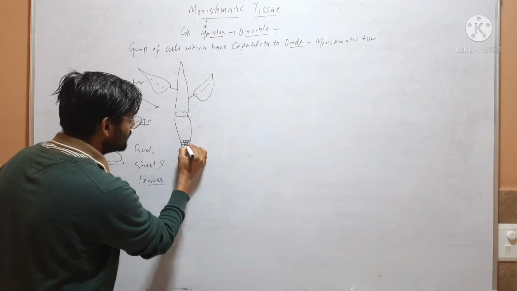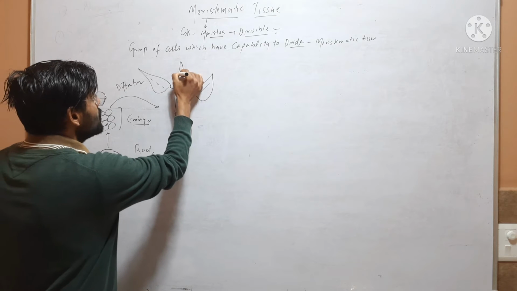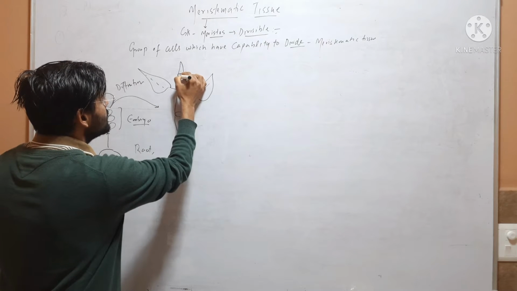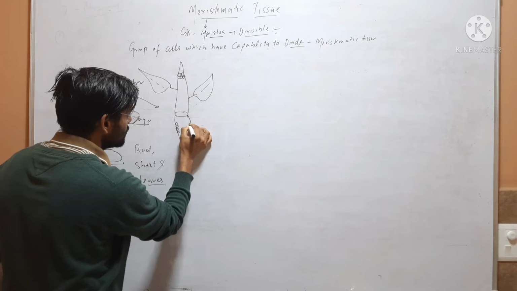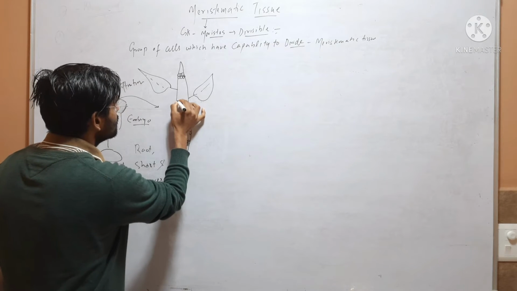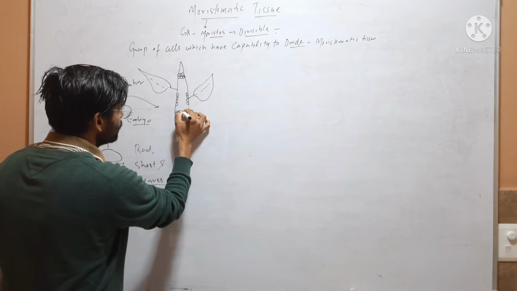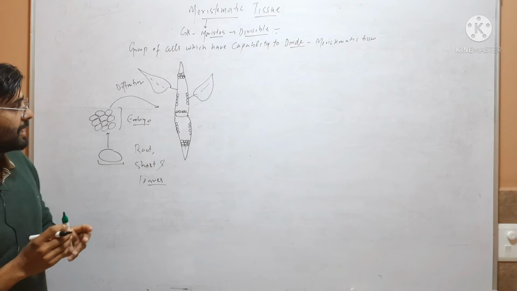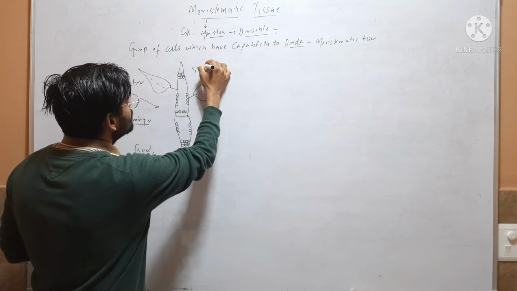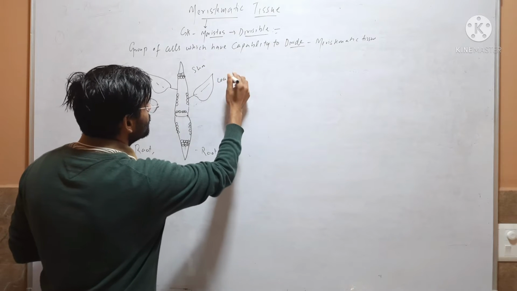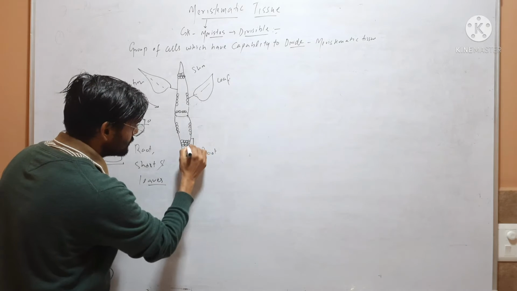After differentiation, this capability to divide is left only in certain areas. In this diagram you can see that after differentiation it is root, it is shoot and it is leaf. So after differentiation these are the areas,